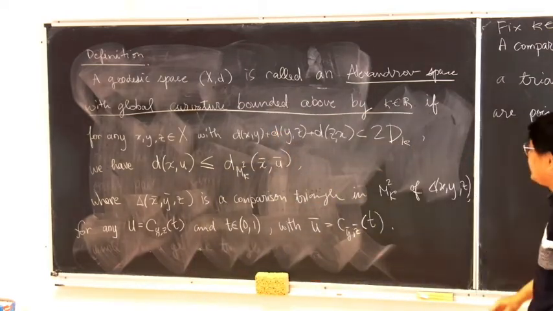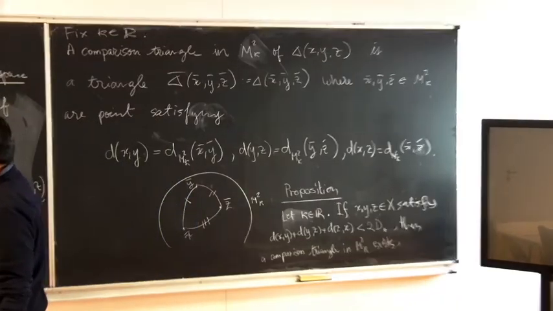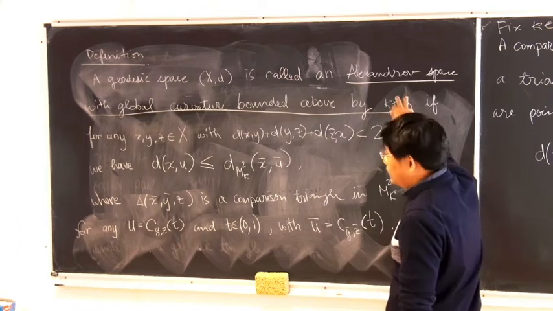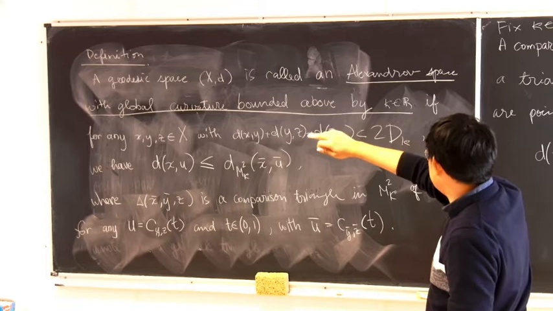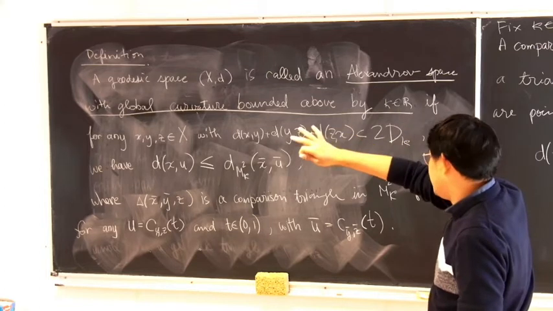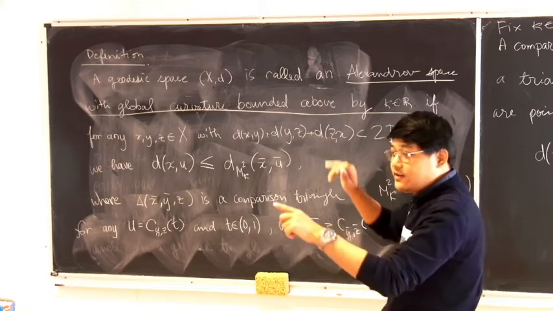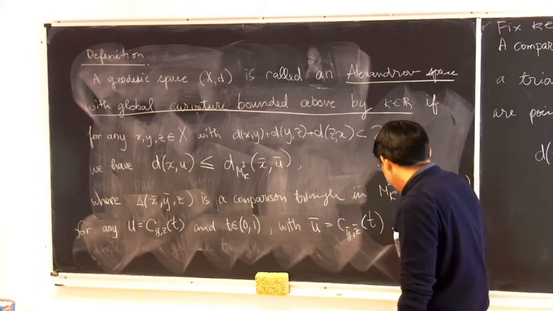There will be a shorter name later. Okay, I cannot go beyond this boundary. Okay, so we will call this geodesic space an Alexandrov space with curvature bounded above by kappa, if when we take any 3 points,